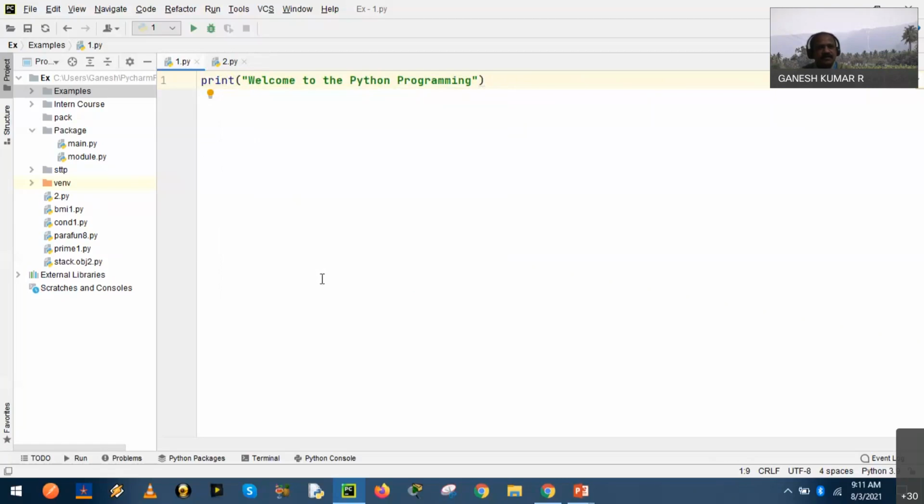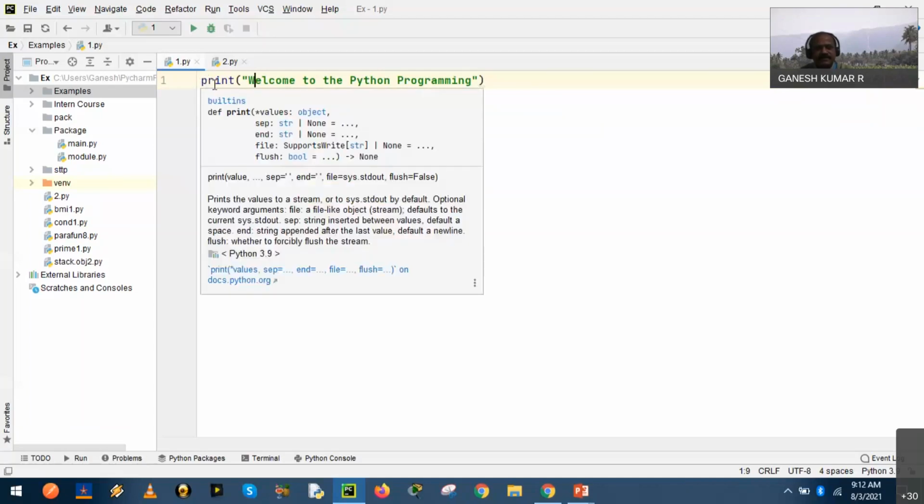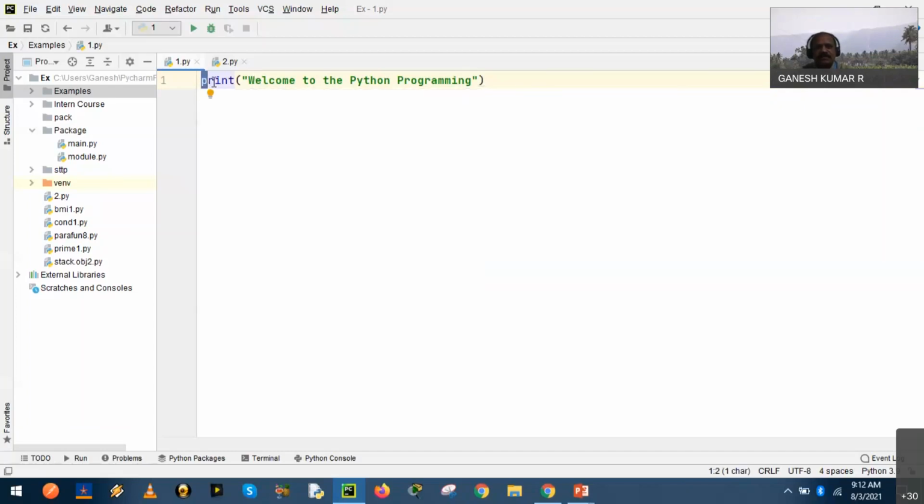Okay, right? So now let us run the program. How to run the program? There are many ways to execute. Kindly note, Python is an interpreter language and a case-sensitive language. There is a difference between uppercase and lowercase. Is it clear? Python is a case-sensitive language, so the lowercase p character is different from the uppercase P. Now, how to run the program? As I said, there are many ways to run the program. I'll explain one by one.